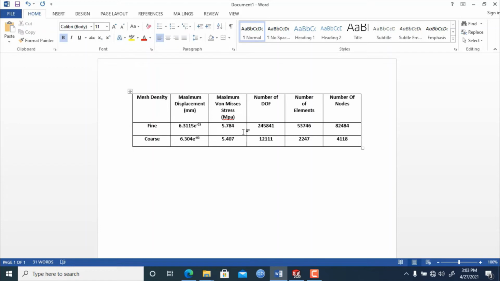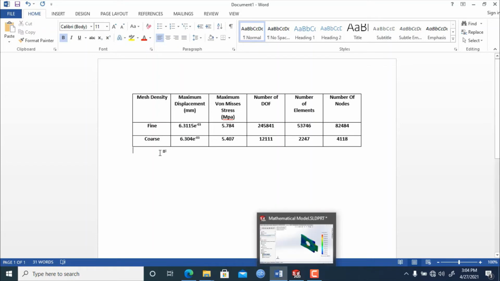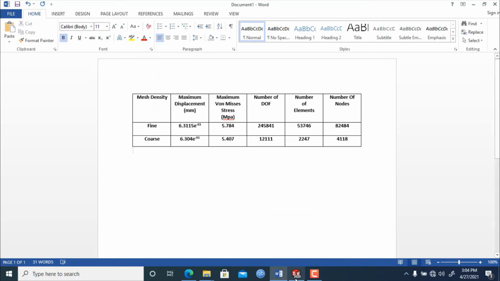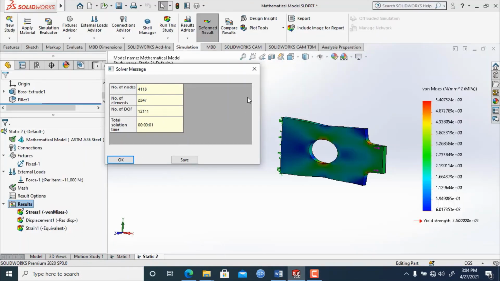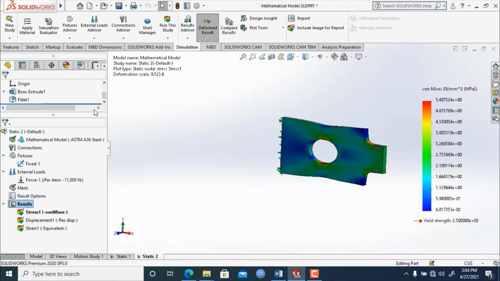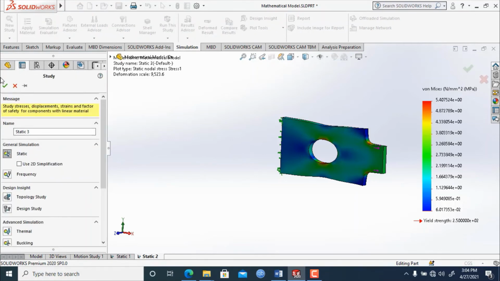So this is how mesh density can change your result. You can also check using the default mesh density. If you cross this, we can again create a new study. We will create new study 3 and click OK.